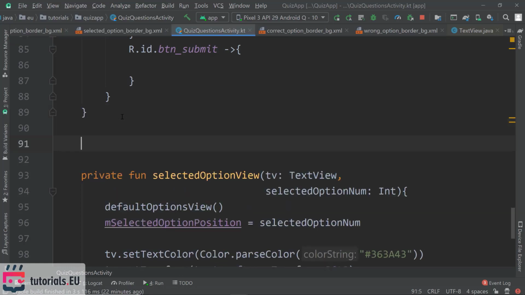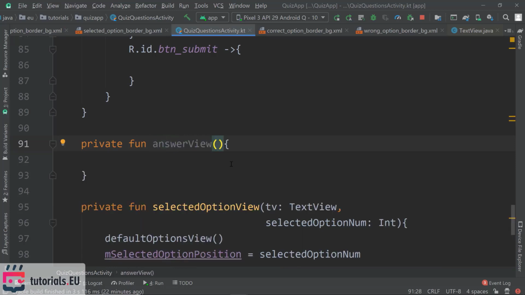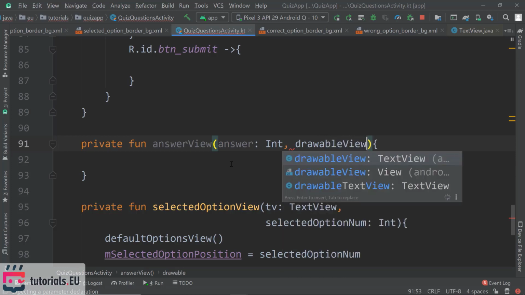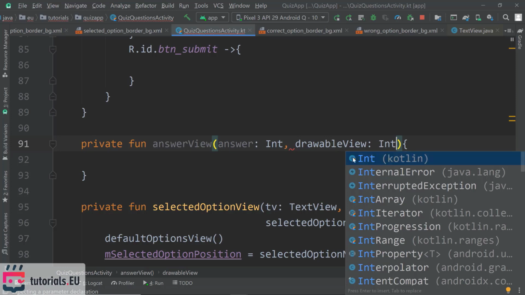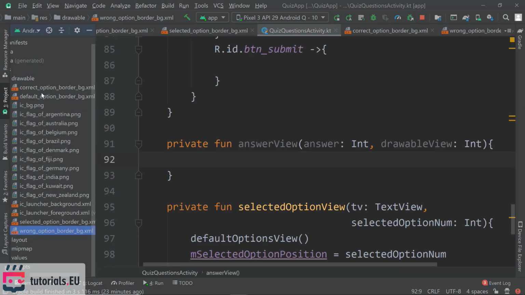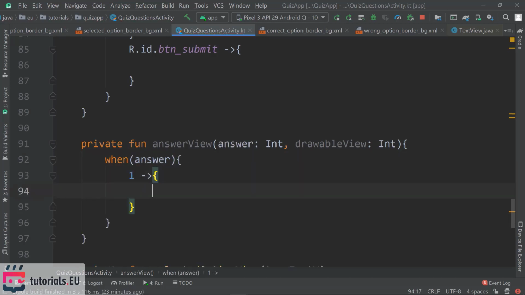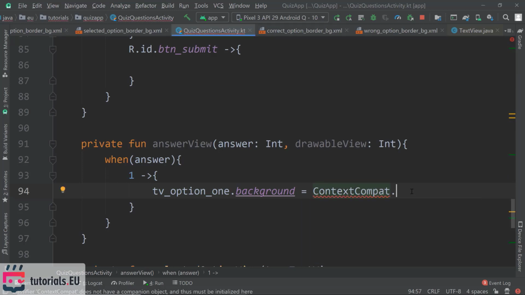And therefore I'm going to create a new function here, private fun, and I'm going to call this one answerView, and it needs to know the answer, so the int of the answer, and what it should draw. And I'm going to call this one drawableView, which is also going to be an integer because the drawables that we have are internally stored as integers. Okay. And now I can check when the answer is 1,